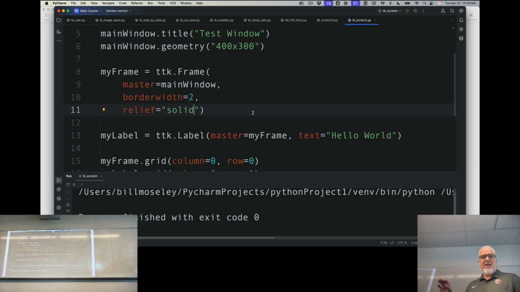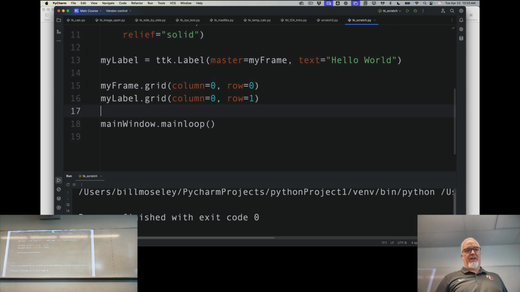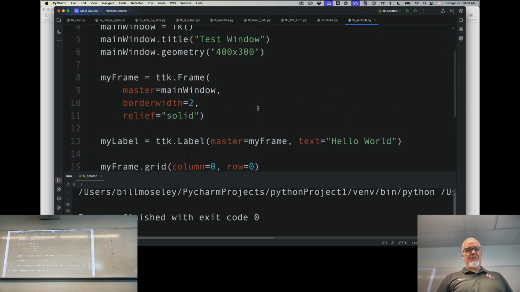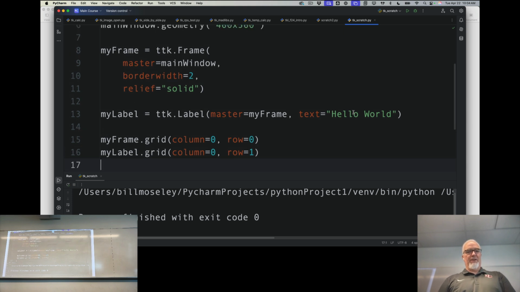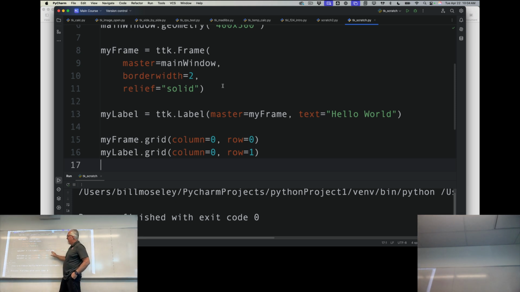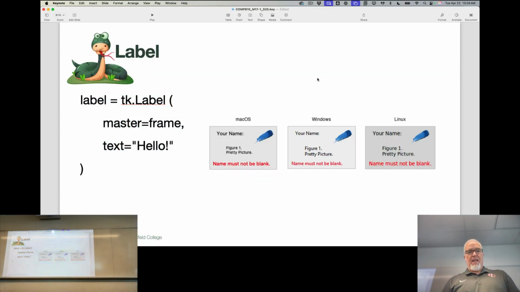So the reason that the program wasn't doing anything for some reason was because I had a frame there without anything in it. So it just doesn't like that, apparently, which is interesting and weird, but that's okay. We can live with it. So we've got a label. So that's what a label looks like. And notice I put the label inside my frame. So the frame is inside my window or main window, and then my label is inside my frame. So that's the hierarchy. And let's look at